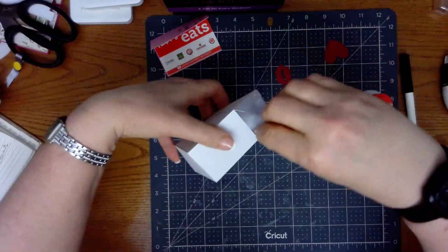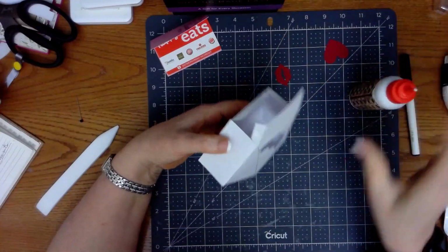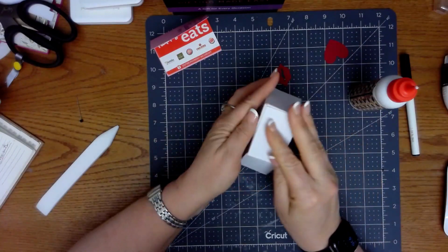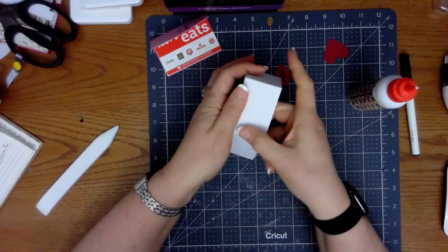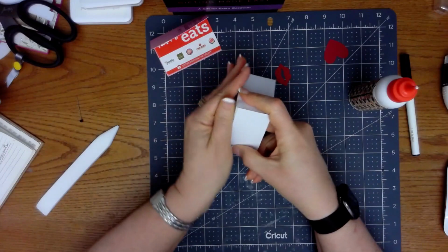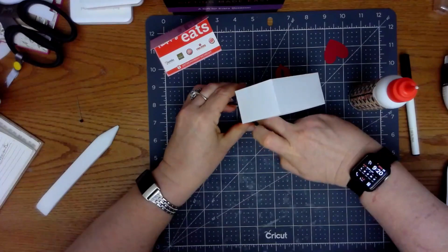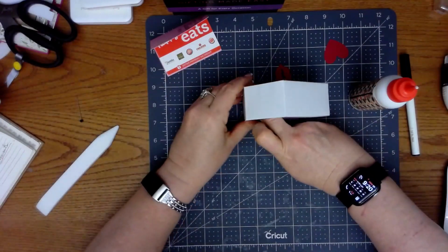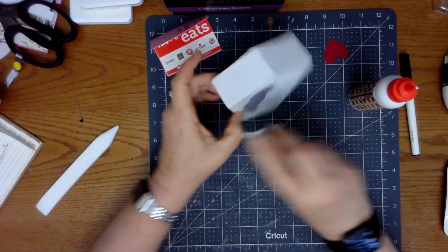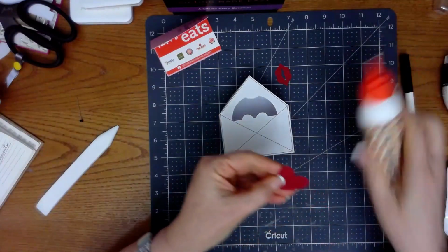So I'm just going to fold that one, give it a little play back, and put my glue on that tab and on these 2 tabs. And then we're just going to fold that in and this over. And we're going to bring them together and press it from the inside. I find it easier to lay it down and do my pressing. That way I can keep it all lined up. Super easy, super simple. And we're going to place our heart